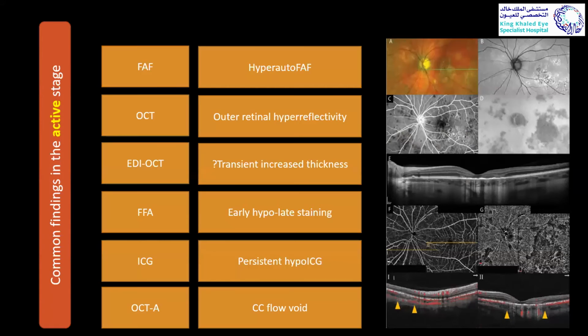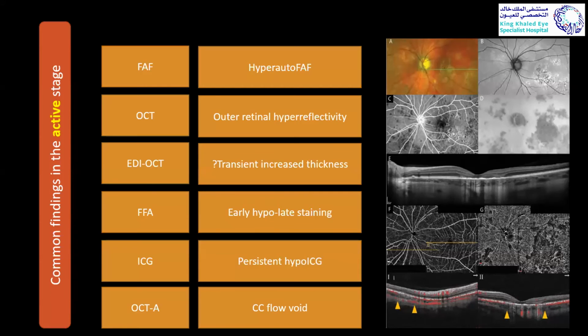So classically, for any placoid lesion, as I said before, there are hyperacute, acute, subacute, and chronic stages, and if the patient is partially treated or treated, it also gives specific findings. But here I will talk about the active or acute stage of any placoid lesion. Usually in autofluorescence, you will see these lesions cause hyperautofluorescence. It means that the RPE is affected and it starts to suffer. That's causing the hyperautofluorescence.